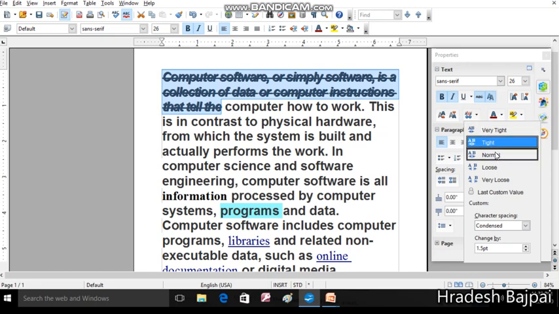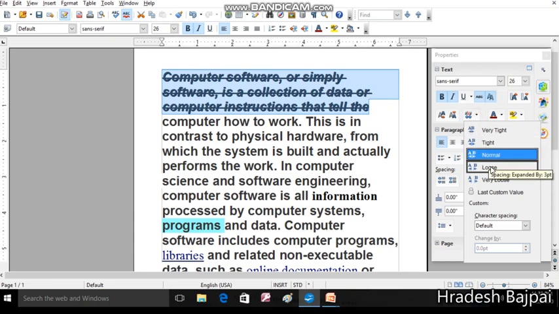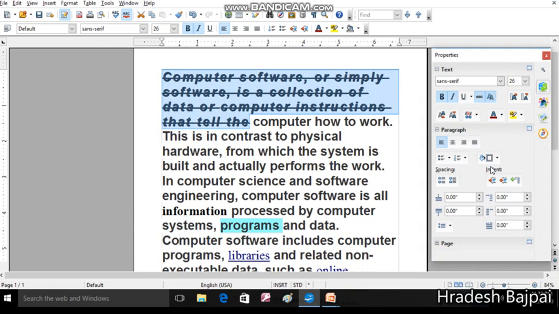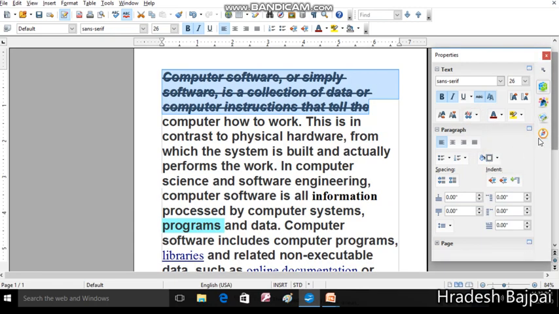So you can make it tight, you can make it normal, and you can arrange it loose. You can observe the change, how we can manage the difference between individual characters. By default we should choose normal. So these all are text attributes.